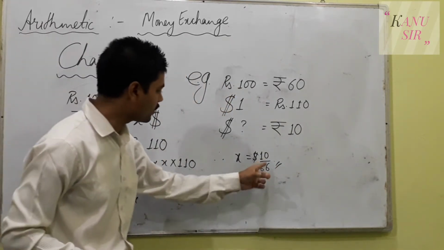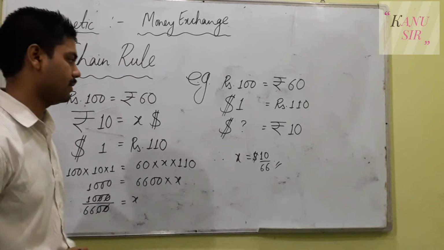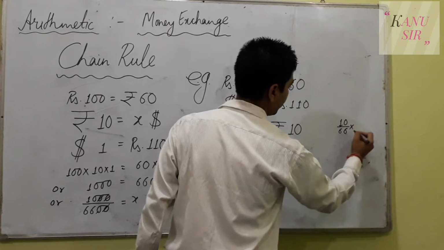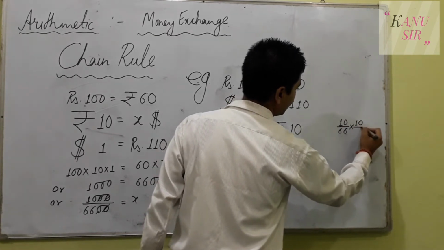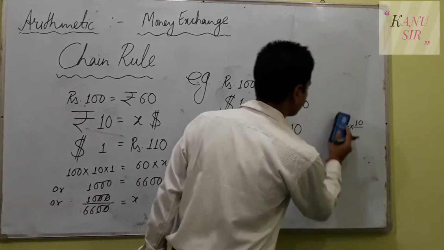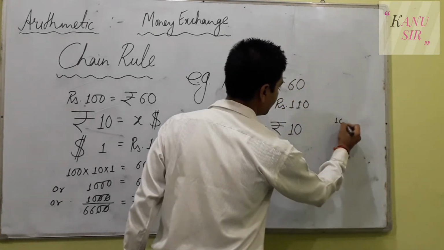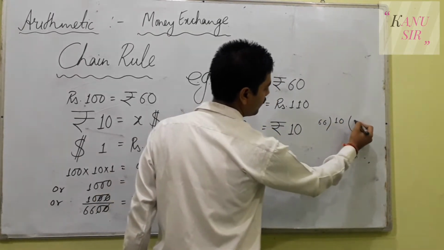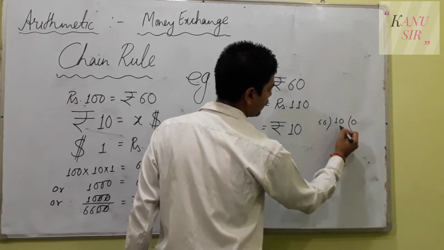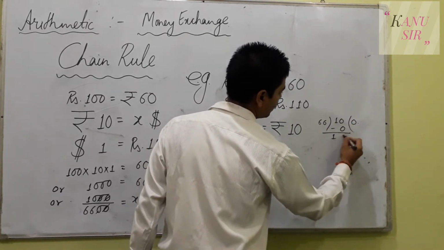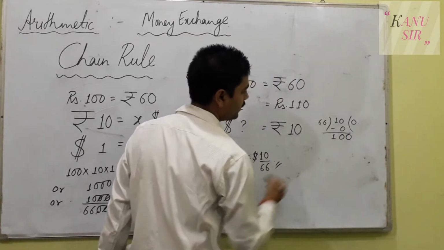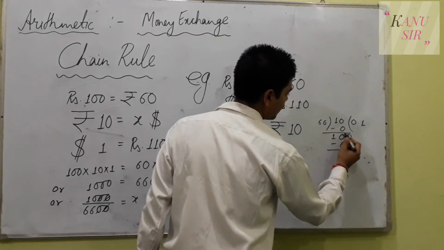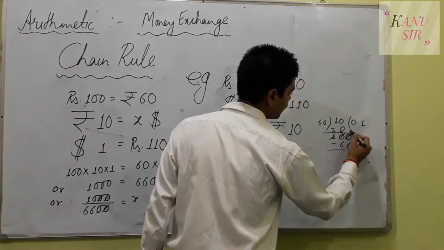Students, you can use a calculator and get the answer in decimals, or you can simply write it as it is. Or if you really want, I'll find the value without using a calculator. We can do 10 divided by 66. It is not divisible by 66, so we write 0 point, then 0 times 66 is 0, you get 10. If you put a point, it becomes 100. 66 times 1 is 66, and so on.